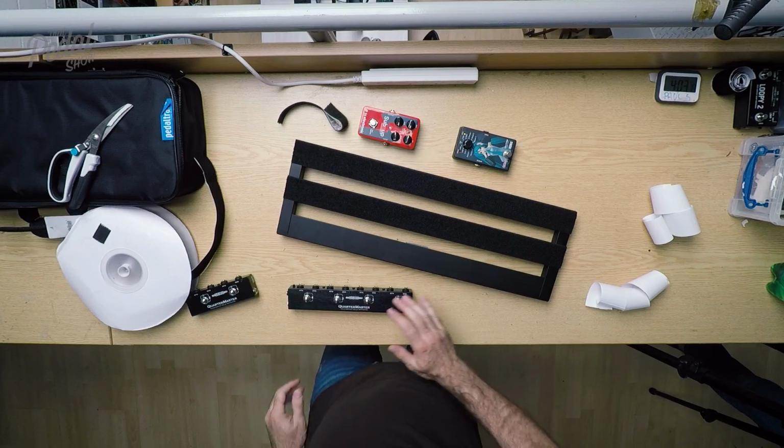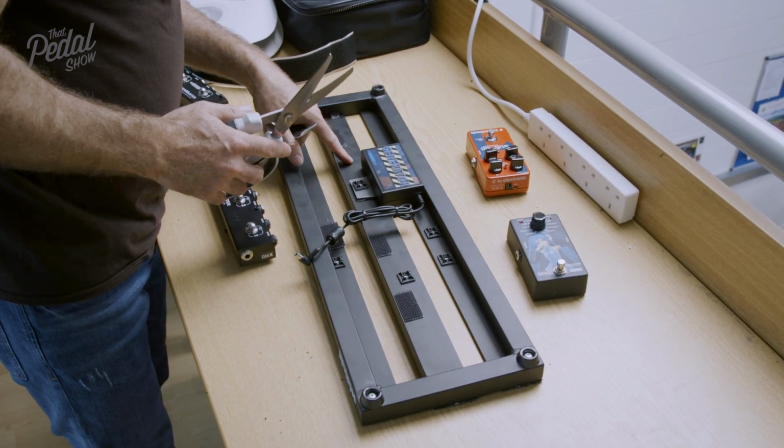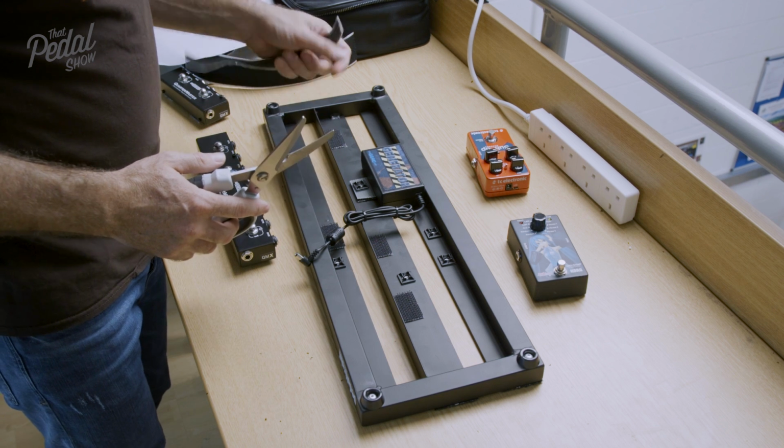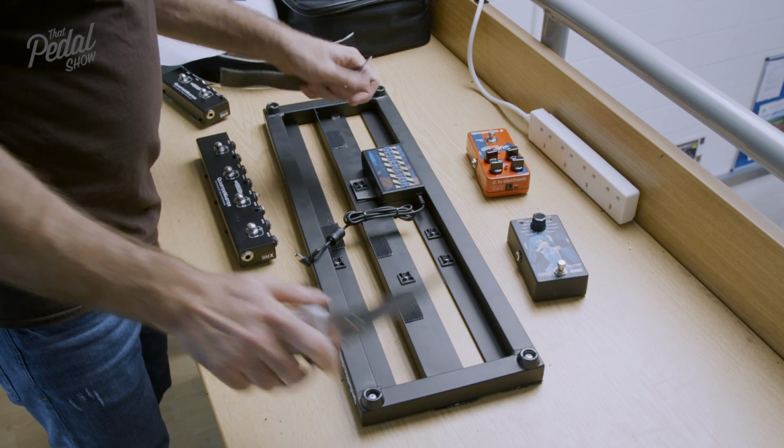Okay, done. I'll let you into a secret. I did actually do a little bit of preparation for this, just making sure that everything's going to fit. And I'll show you this trick with the generator. So the generator,